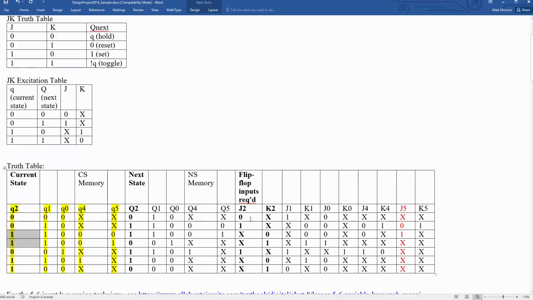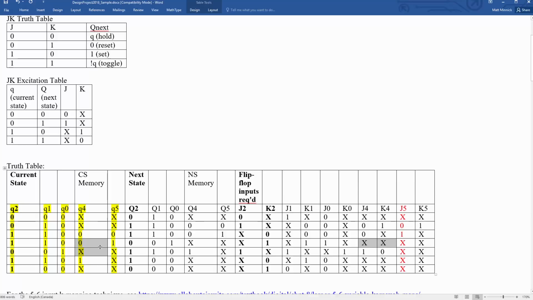So let's go across that. J and k for Q2 need to be x and 0. There's that, to go from 1 to 1. Which other one could we do? Here. So if we are at a 0 for Q4 and we want to go to a don't care, then it doesn't matter what we make J4 and K4 because we don't care what we go to next. So we have 2 don't cares there,